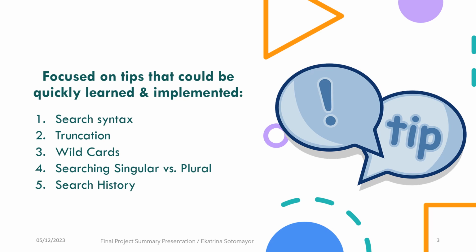With those goals in mind, I decided to focus on 5 tips and techniques that could quickly be explained and implemented, and which have the potential to be generalized to other database interfaces. These included search box syntax, including best practices for punctuation, quotation marks, and parentheses in search statements, truncation, what it is and examples of how to use it, including the fact that NoveList Plus allows you to search for missing words with the truncation symbol, NoveList Plus's 2 wildcard symbols, what they are and the difference between how they are used,